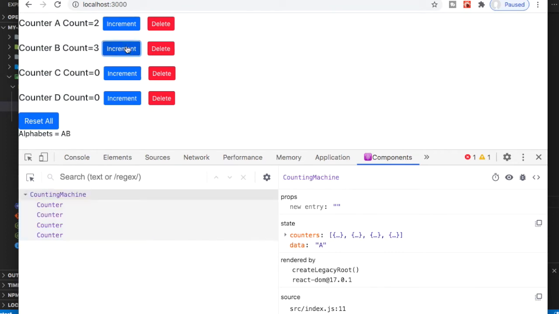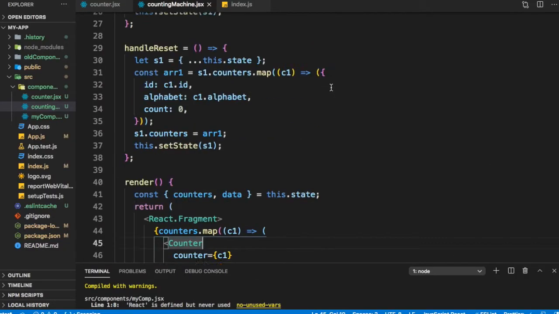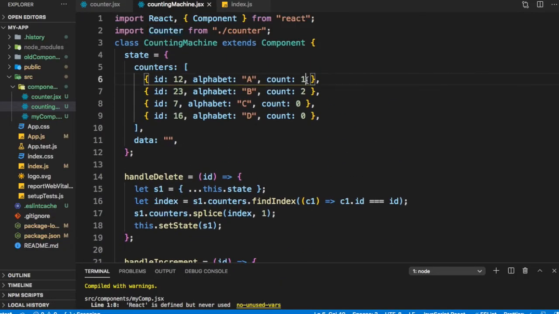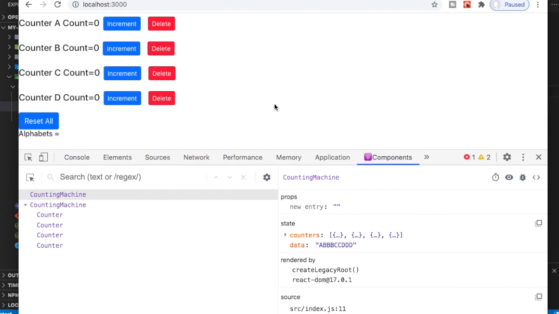So if I now keep on incrementing it, we get it. And let's just put the count to 0 now, because that will make it better to read. So we are seeing the alphabets we have received.